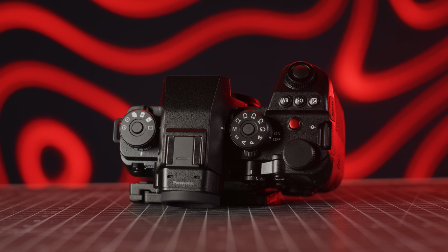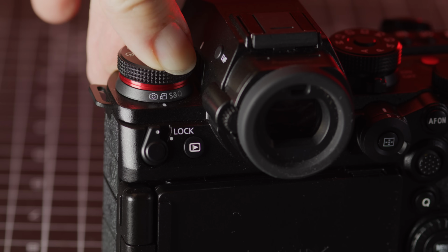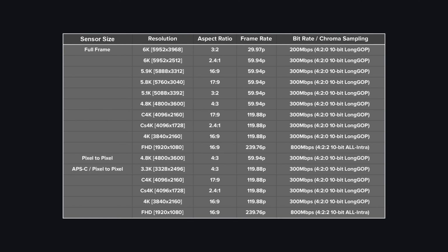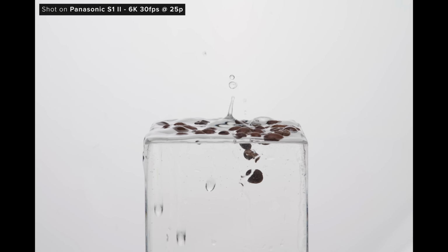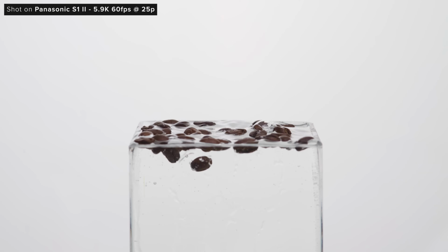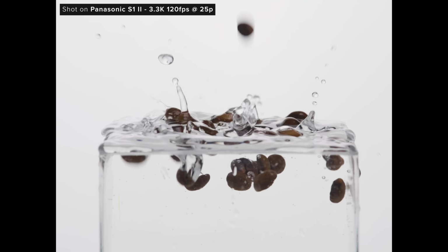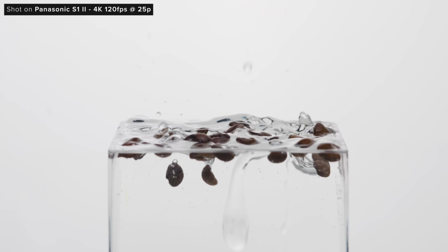On the left side of the camera, you now have a new mode dial where you can switch between the camera's 3 different modes: stills, video, and slow and quick. However, within the video there is also HFR, which has a separate set of maximum frame rates to S&Q. In the regular HFR mode, you can shoot a range of higher frame rate options, which include up to 60p in 5.9K, 5.1K, 4.8K, 3.3K, and Cinema 4K in UHD up to 120p, all of which are in 10-bit long